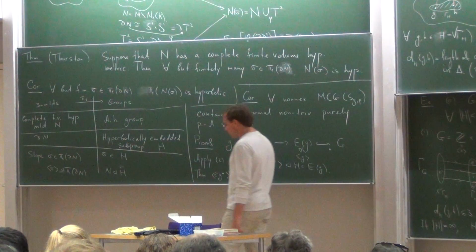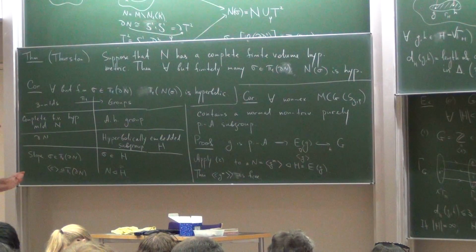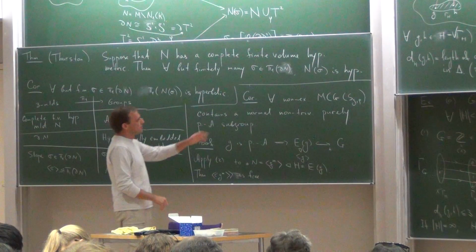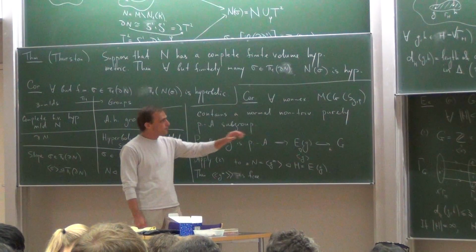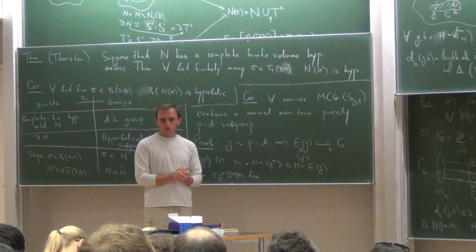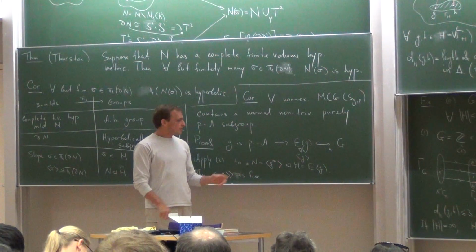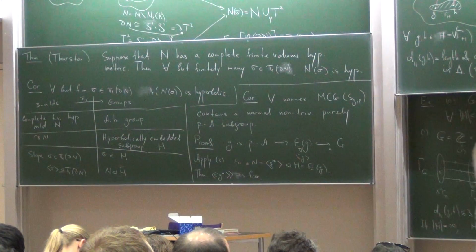So this solves a problem which was open for like 20-something years. It was not known whether there exists a normal, non-trivial, purely pseudo-Anosov subgroup in every mapping class group. Now, purely pseudo-Anosov means that every element of this subgroup is pseudo-Anosov. So it doesn't follow immediately from what I wrote, but the third condition in